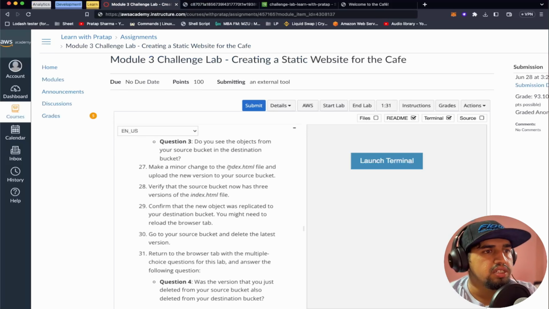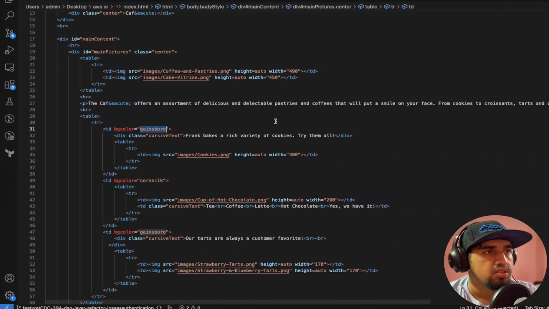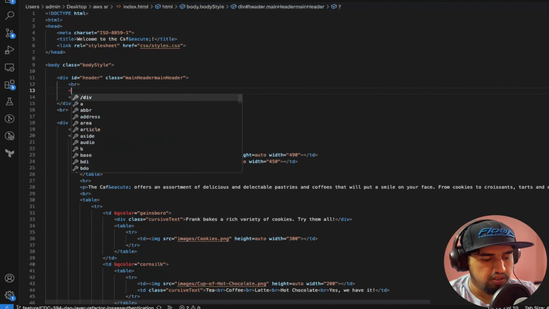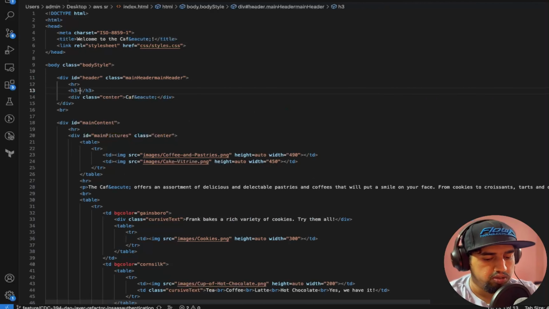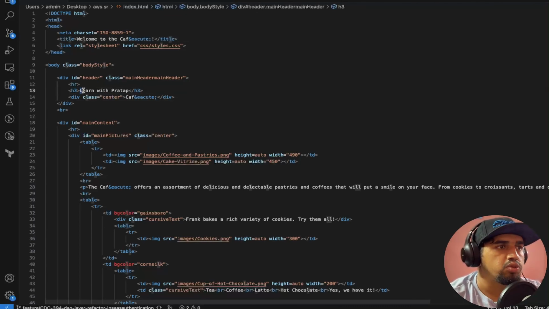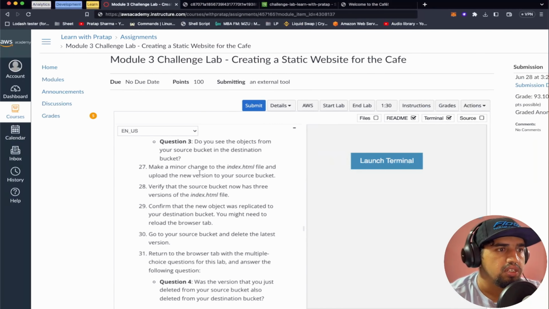Make a minor change in the index.html file and upload a new version of your source bucket. So here what I'll say is, so let's add one header here, h3. So this will be basically Pratap. I'll add here learn with Pratap. So if I added learn with Pratap here, so let's save this,